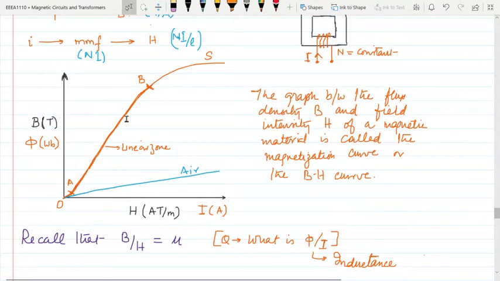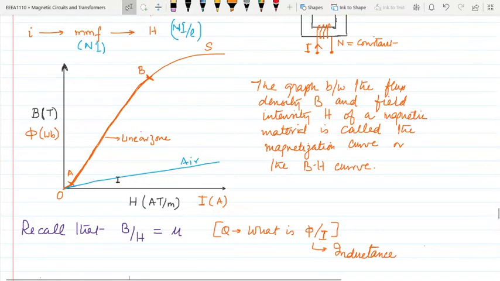Now coming to the magnetic materials. The curve that you see over here is the curve for a ferromagnetic material. As we change the material, for example, if we take air, air will be an absolutely linear curve. The magnetic flux density inside the air will increase with the increase in magnetic field intensity, and will go on as we increase its strength. But the permeability will be very low. Of course, in this zone the permeability is high, and in this linear zone over here the permeability is low.